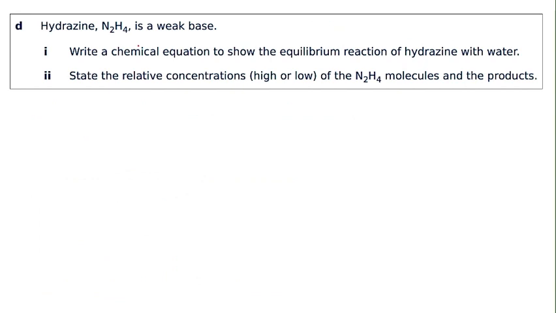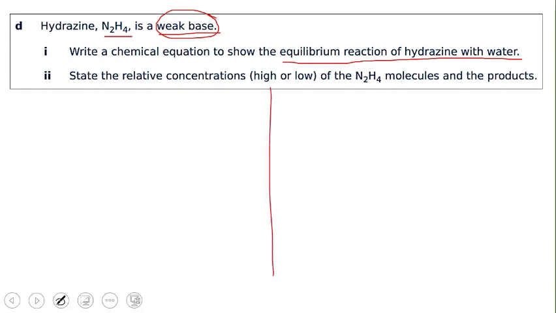Part D, hydrazine N2H4 behaves like a weak base. Write a chemical equation to show the equilibrium reaction of hydrazine with water. We have to write the equilibrium expression of hydrazine with water. So hydrazine is a weak base. As we defined already about the strong acid and weak acid, now I can tell you about strong base and weak base. Before solving the question, you have to write the difference between the strong base and weak base so that you can solve this question. So, strong base